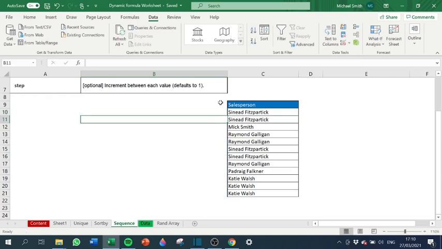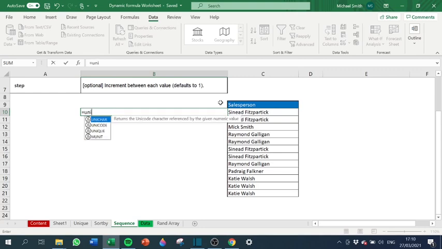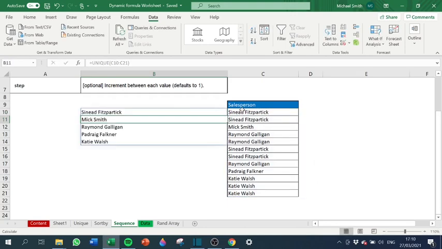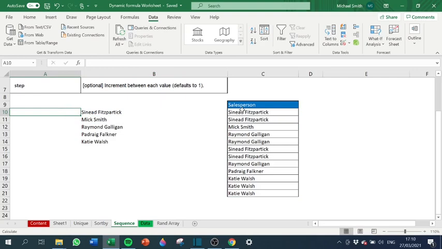But the sequence function can be particularly useful when coupled with another dynamic formula. So if we take the unique formula and we return all of the unique names from this table of data here, and in order to apply a number to each name, I could use my sequence formula,